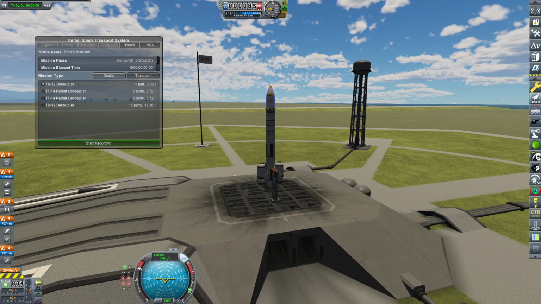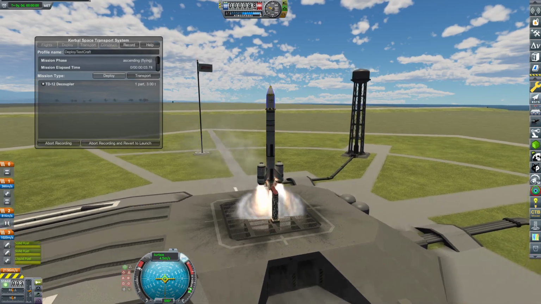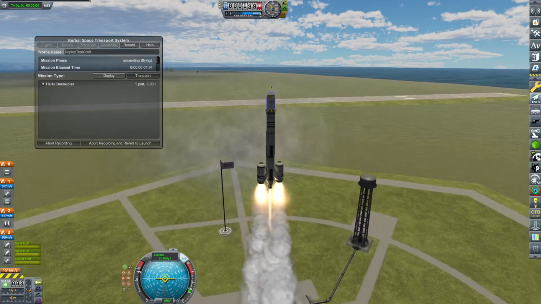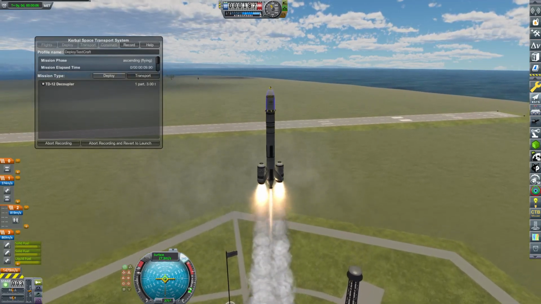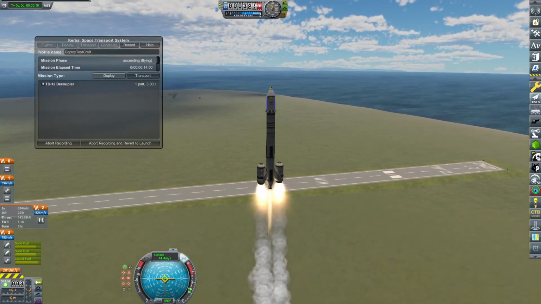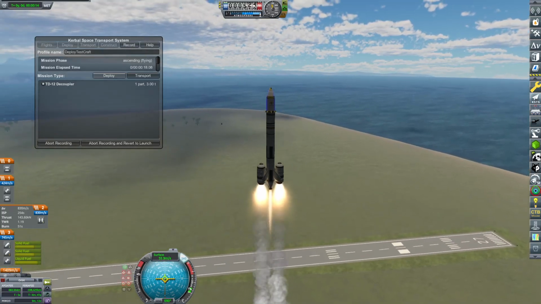So we're going to pick our deployment rocket here, with the top decoupler that just has our payload that we're going to take into space. I'm using the NRAP mod that gives you a bulk mass you can just put on top of your rocket as payload. So the key with KSTS is any part that you want to deliver as your